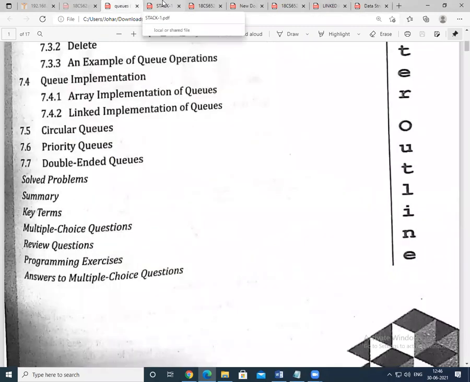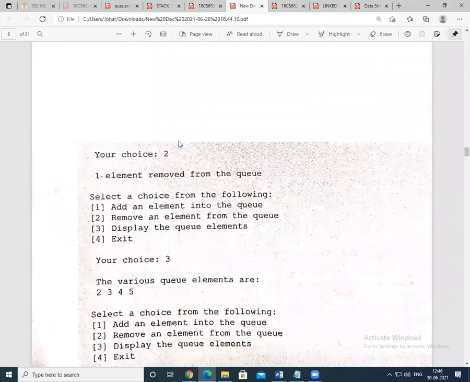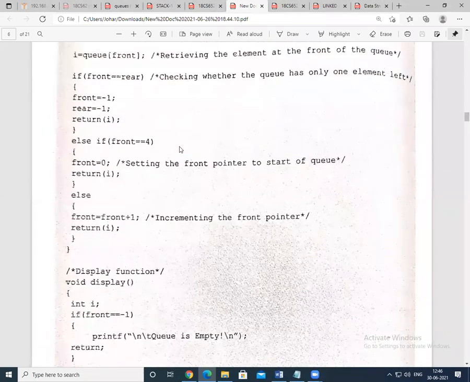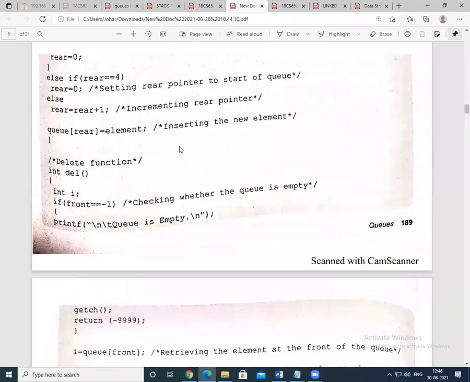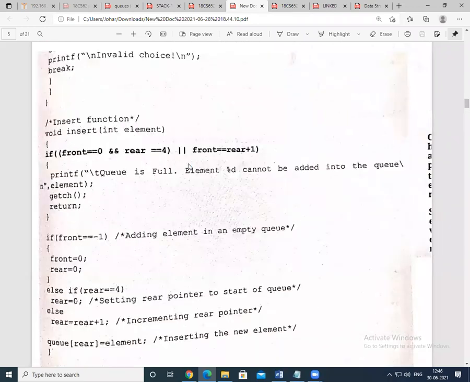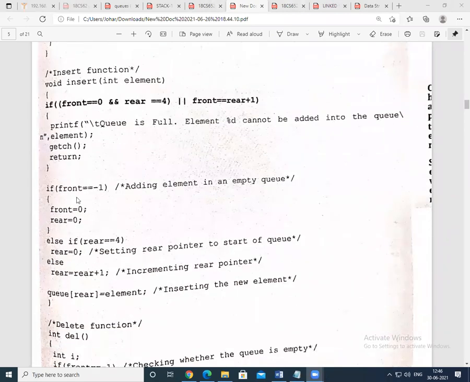So let me now explain the programming concept on priority queue. Hope all of you understood the concept of circular queue insertion and deletion, right? The main advantage of a circular queue over the linear queue is that you can insert an element even when there is free memory, when the memory is clear. So programming-wise, you have to identify whether front equals rear plus 1. In this case, the circular queue is full. If front equals -1, then we are adding to an empty queue.